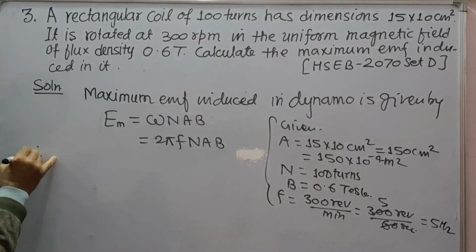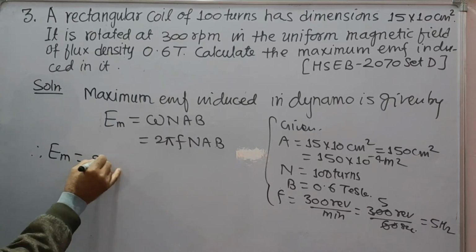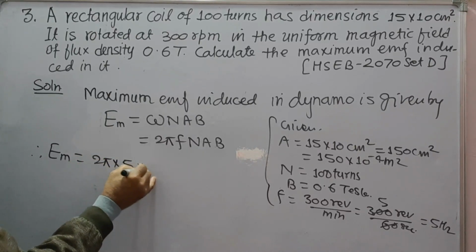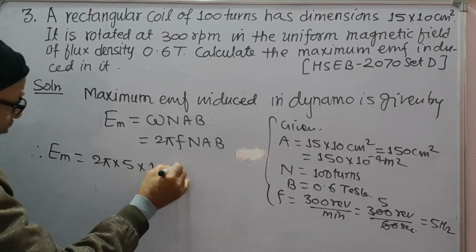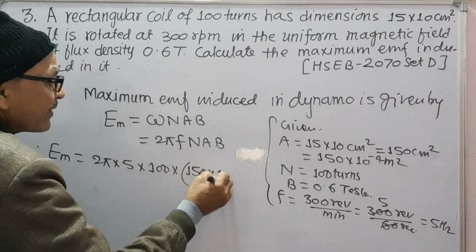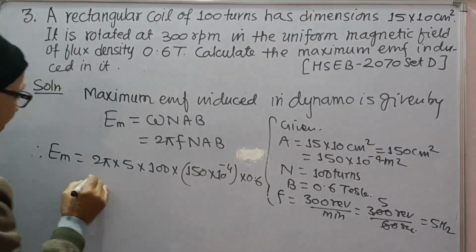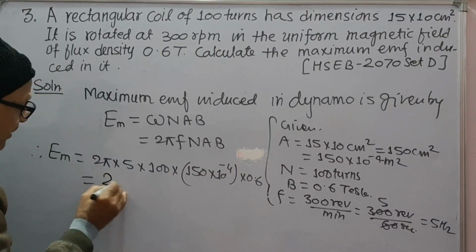So, E maximum is equal to 2 pi into F 5 into N 100 into A 150 into 10 to minus 4 into 0.6, which gives